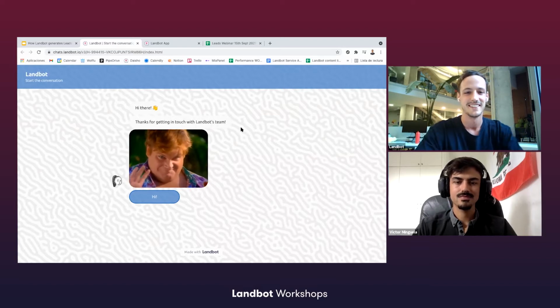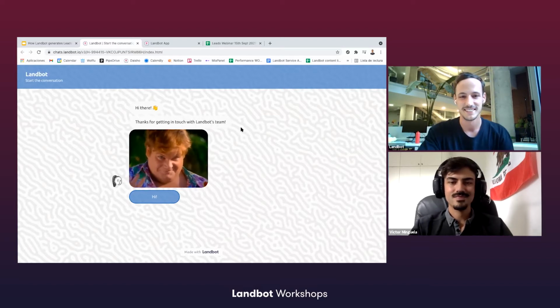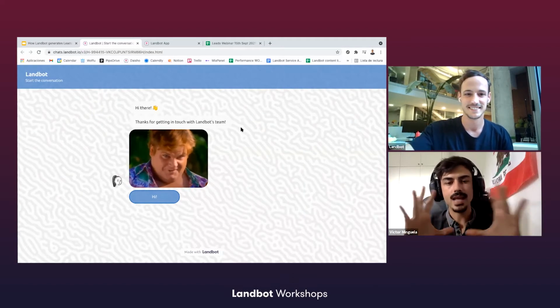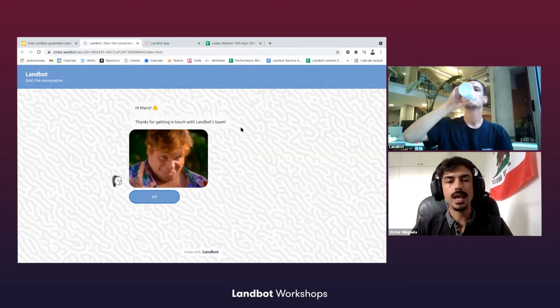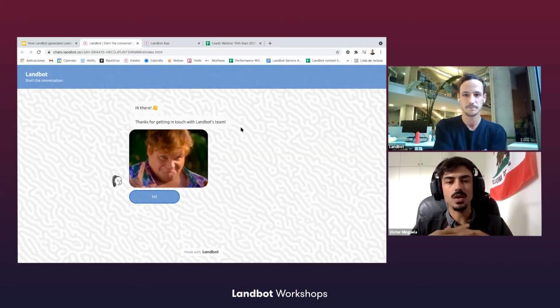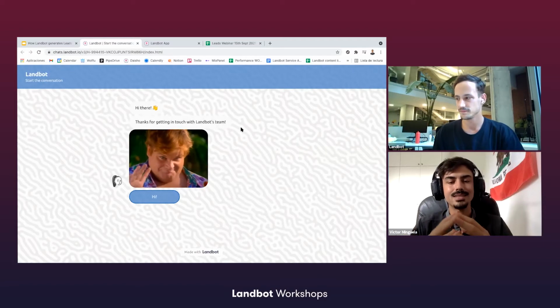Go ahead with that beautiful Landbot over there. Absolutely. Thank you very much for that, Chris. So, we wanted to show you how the bot would look, and we will be sharing as well how the bot looks on the inside. That's the important part, right? But we wanted to show you how it would be customer facing.